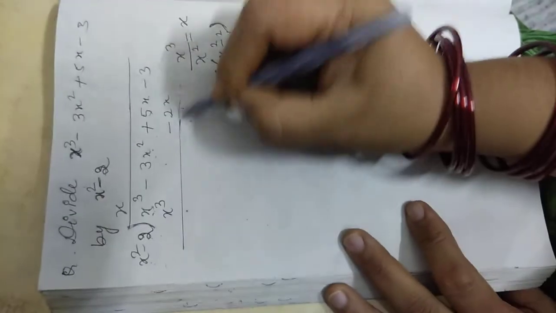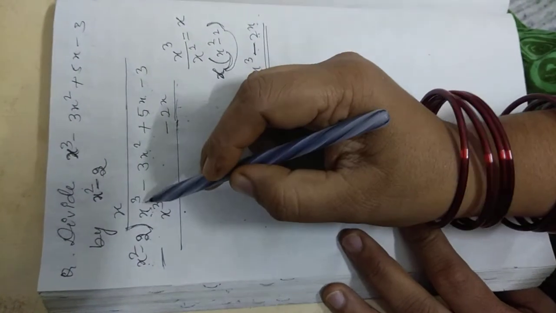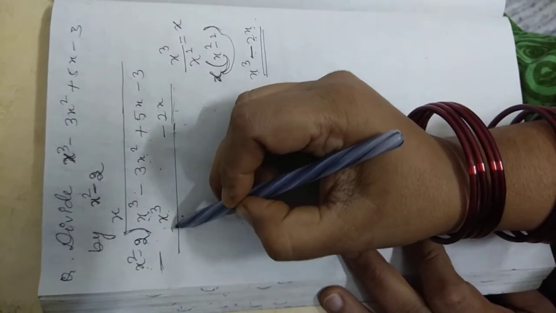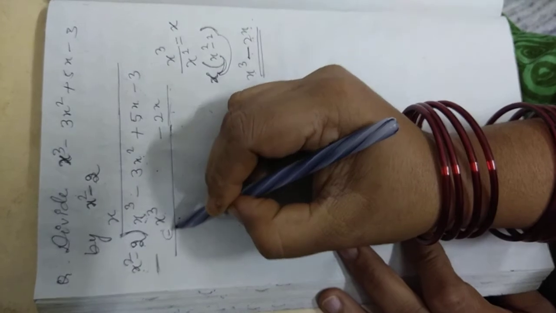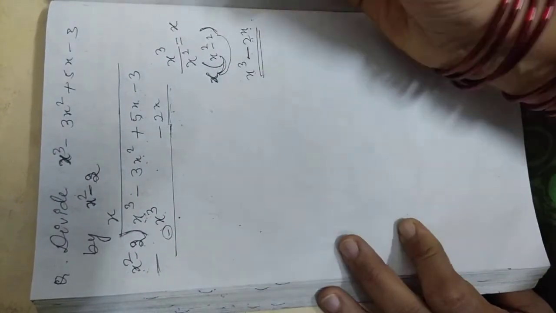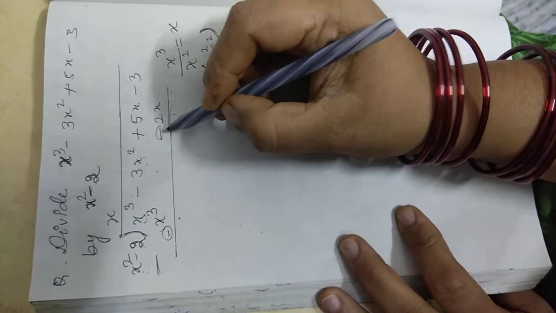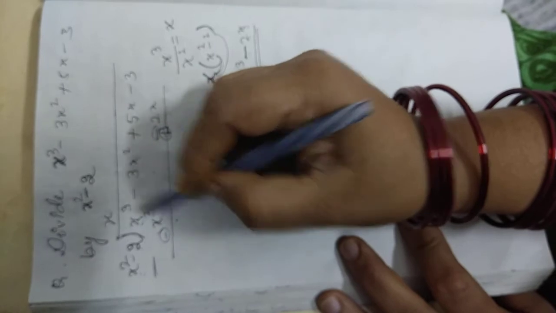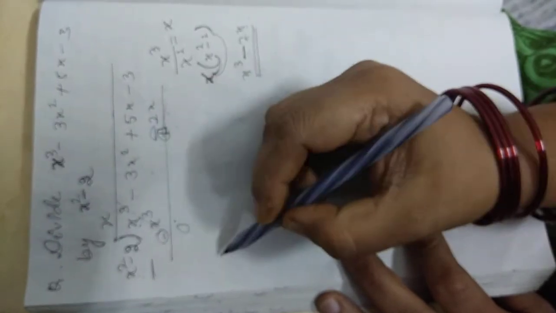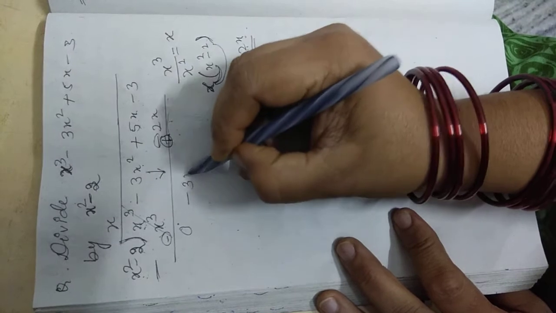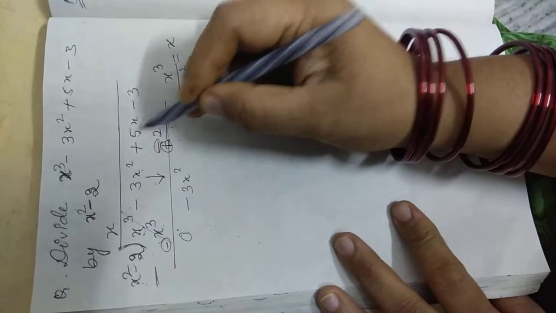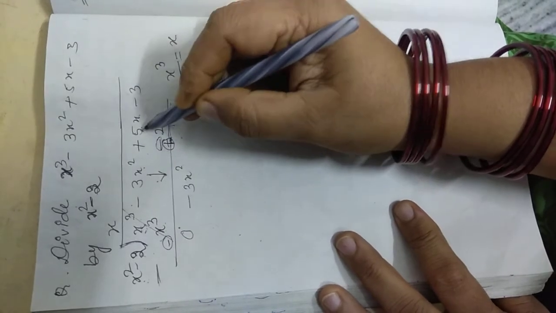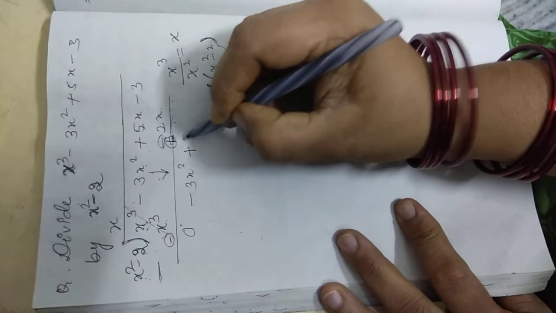Now in division we know that we have to subtract. So if we subtract the second polynomial from the first, we have to change the sign. Here the sign is not shown, it means minus is there. This minus we have to consider for subtracting. Now minus sign is there, we have to change it and make it plus. So x cube minus x cube will be 0. The next term is minus 3x square. Now 5 plus 2: consider the new sign, don't consider the old sign. 5x plus 2x will give you 7x.